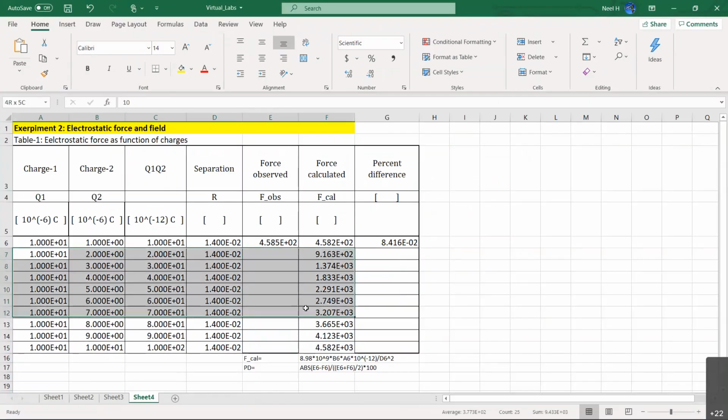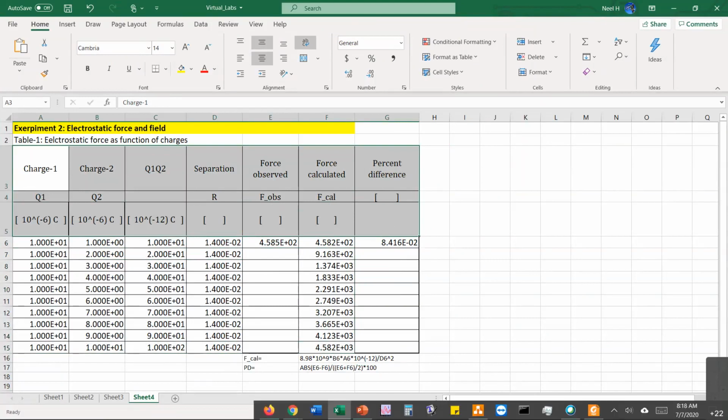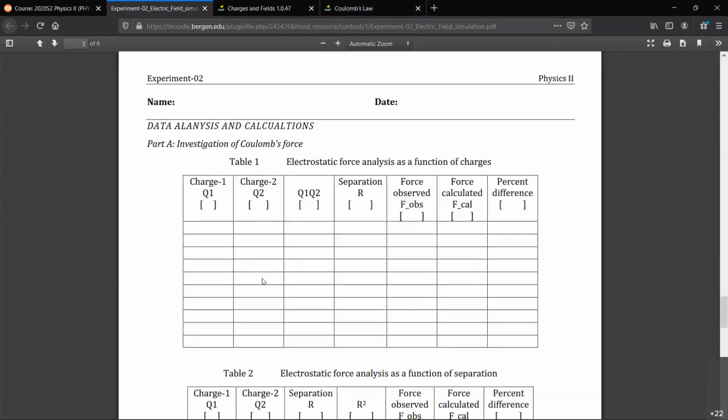This you can build as you go on. You don't need to build the whole thing. Just complete row number 1, and the name and everything. You can write it down very briefly now, and format it later. The formatting is up to you. This whole table is already in your lab manual. I'm not doing anything new. This is the table we are working on, and I'm building the same table in my Excel sheet. That's the only difference. If you do it that way, you can save a lot of time because you can copy paste that whole table into your Word file later.